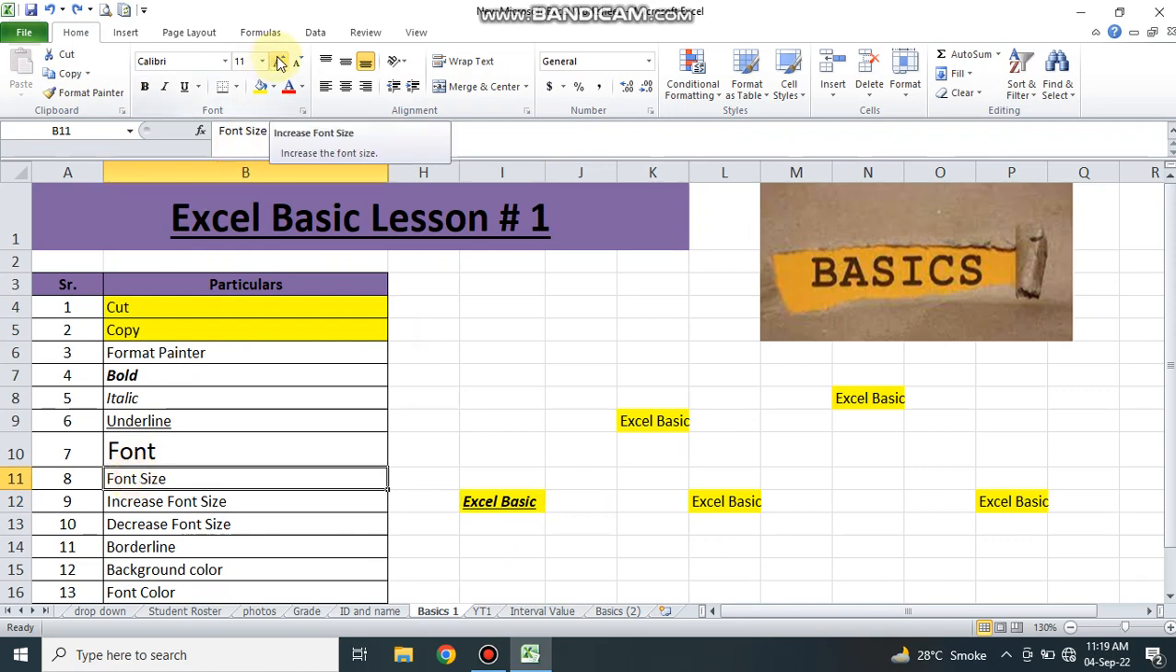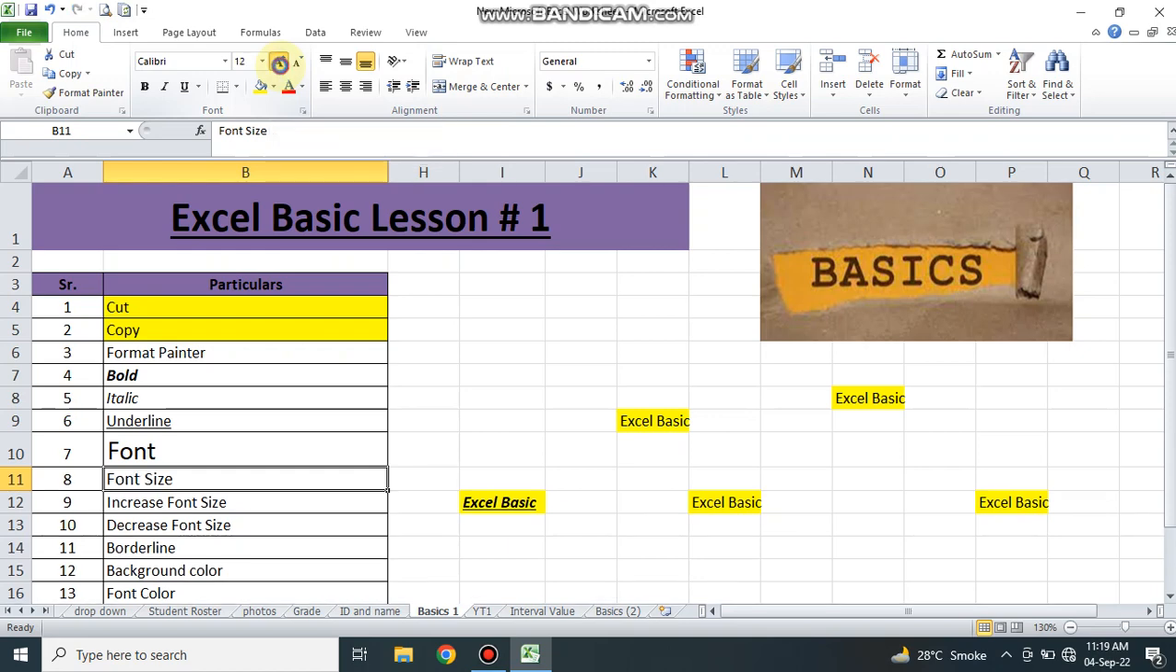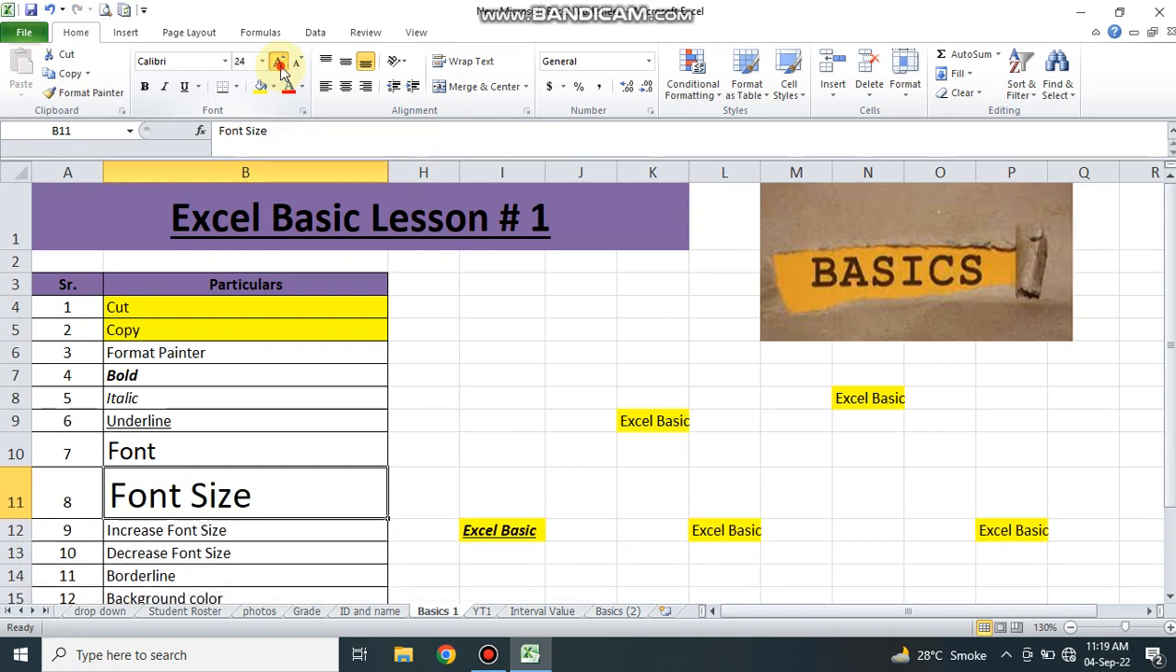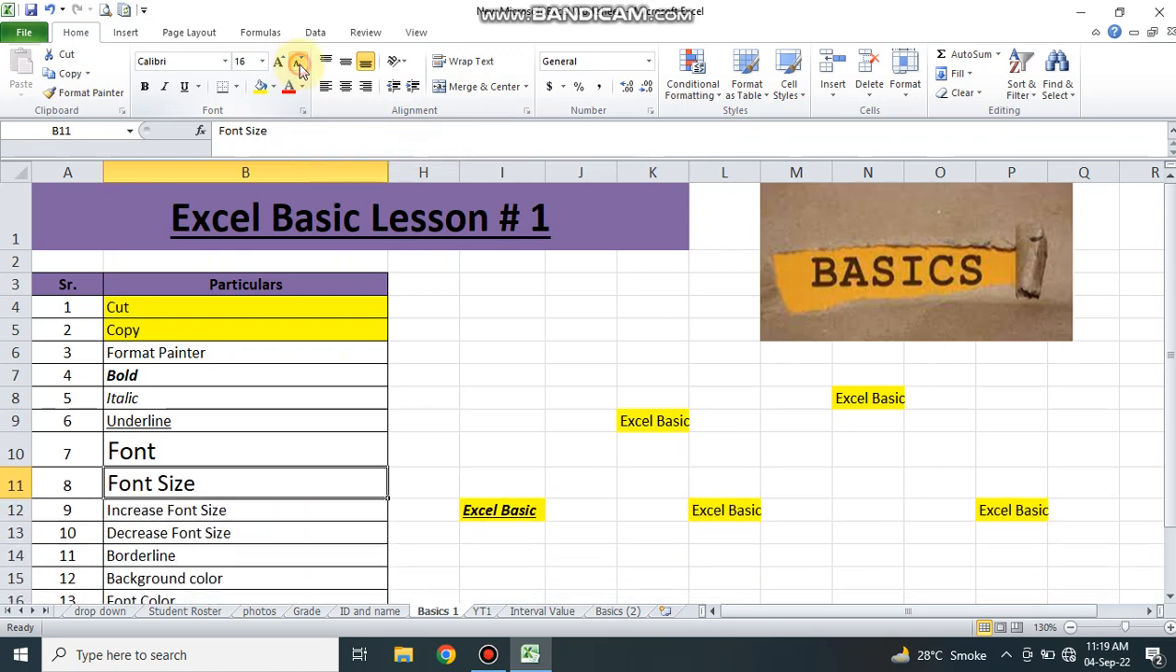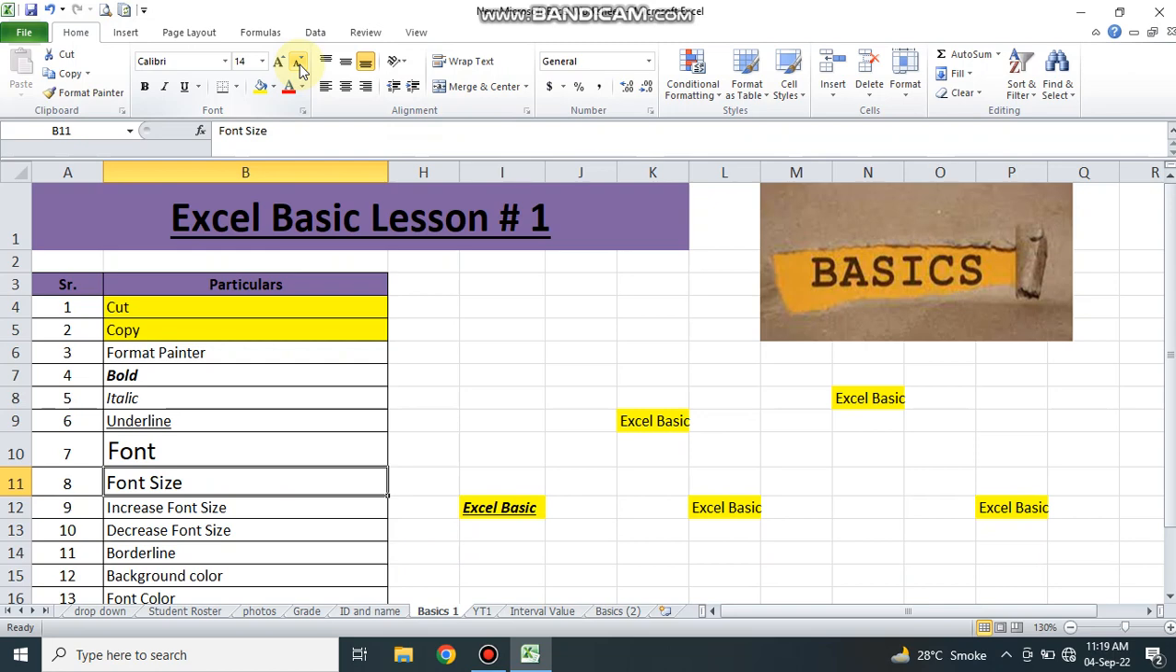We can increase font size by the increase font size button. Click on this. It will increase. If we want to decrease, I click on decrease font size. Okay. We learn bold, italic, underline, font size,